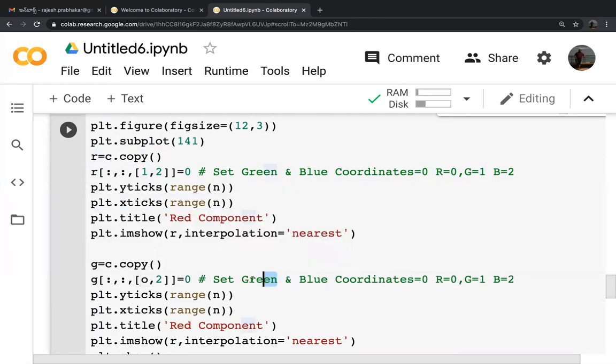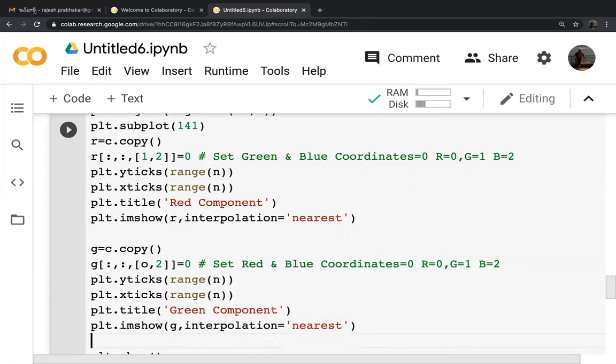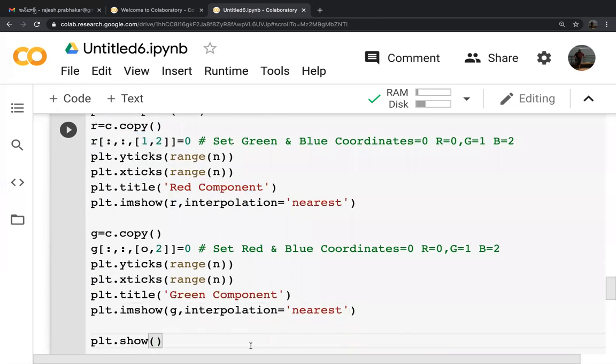We are setting red and blue coordinates to 0, changing the name to green component, and changing imshow to G. Okay, so this is the second image we are going to create.